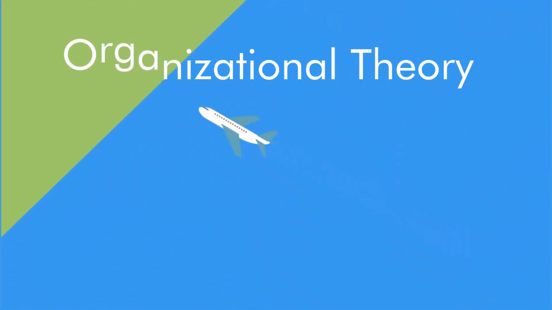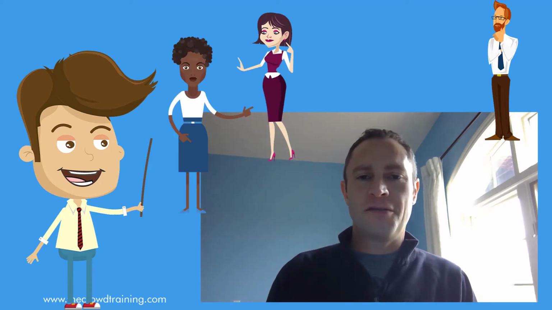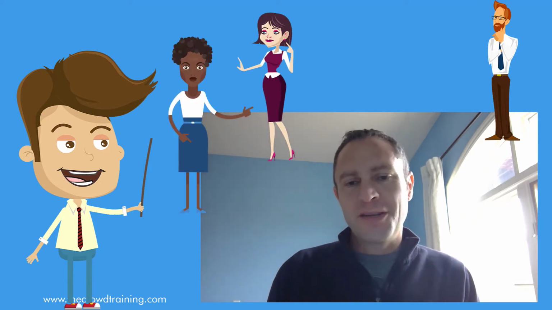When we think about organizational theory in project management, what it really indicates is how do you get the team to do as much as you can get them to do for the benefit of the project? Because you want the team to be as effective and efficient and obviously productive. Because without a team, without people, you don't really have much that can happen and that can be succeeded in